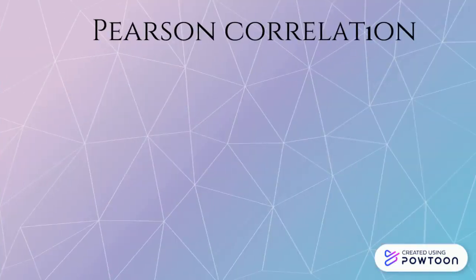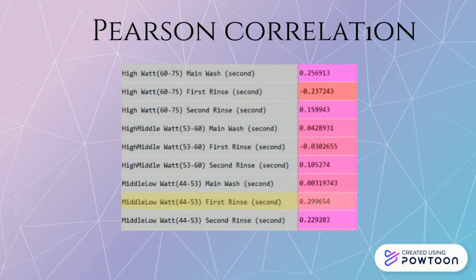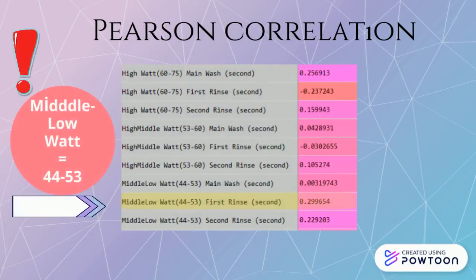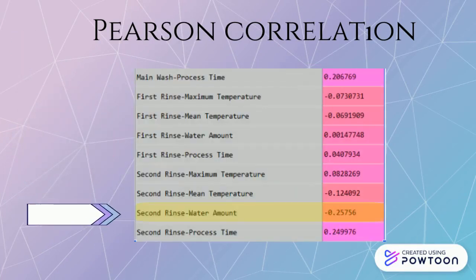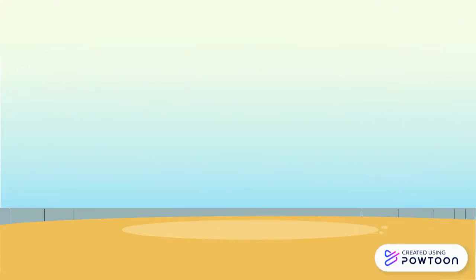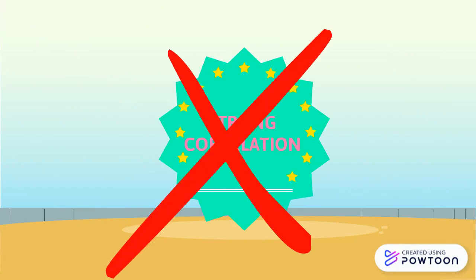As consequences of our analysis, while the first rinse at middle low watt process time has the strongest positive correlation with the output, whose correlation coefficient is 0.3, the second rinse water amount has the strongest negative correlation value as -0.26. As it is seen, the Pearson correlation could not find any strong correlations since these values are not close